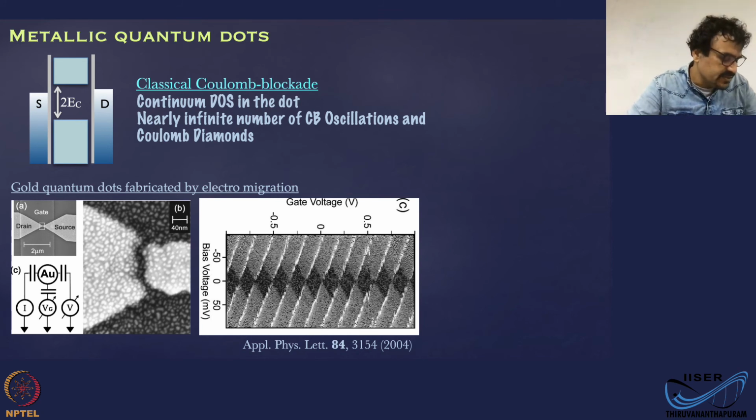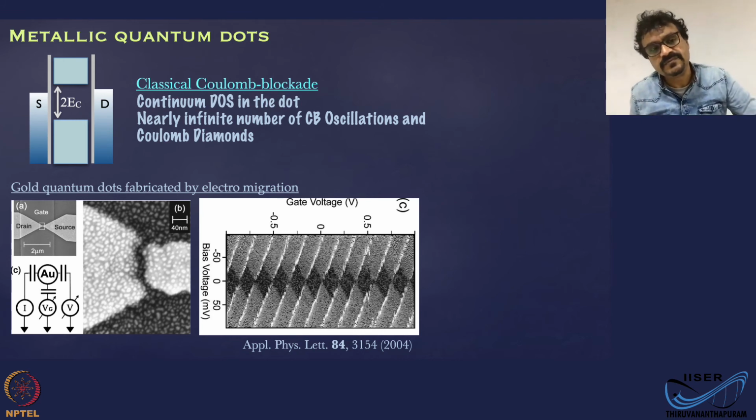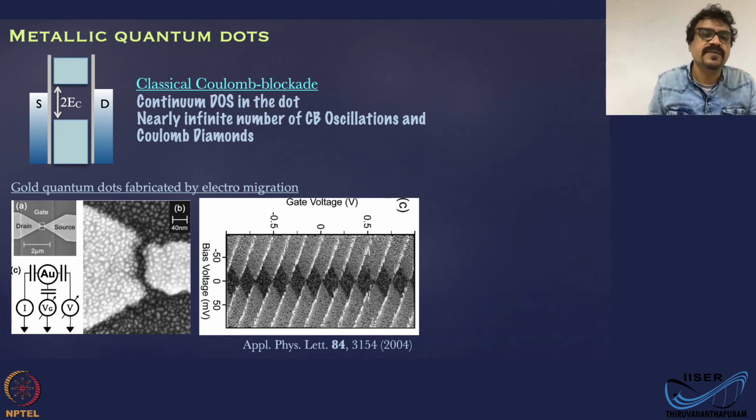So the case here is you have a metallic quantum dot. In the metallic quantum dot, you have so many states. The states inside the dot are not discrete, as we just looked at. That is for the ease of discussion, but those are actually continuous states, a continuous distribution of states. Of course, there is a small energy gap here. That energy gap is not the interlevel spacing or anything. It's basically the energy that is required to add an electron or have the transport going through. That is that energy gap. It is not a quantum mechanical concept.